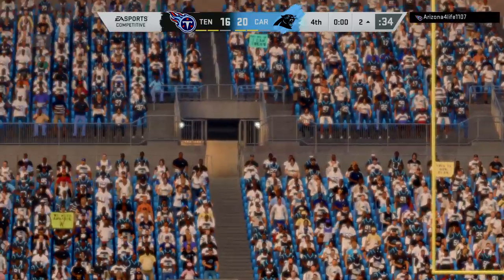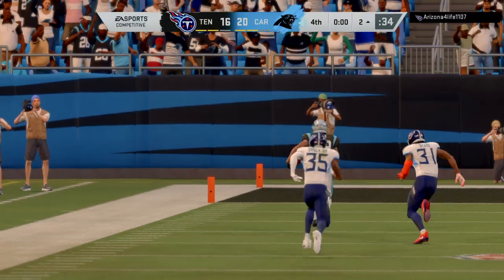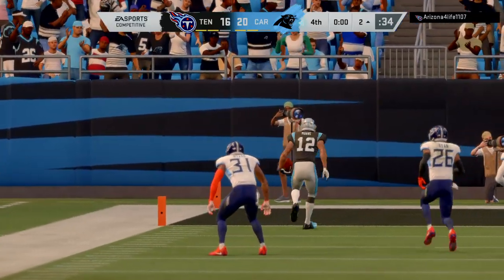This one is going to sting for a while. I mean, how do you let that happen defensively? One stop. One stop. I know that it's easy to say that from the booth, but how